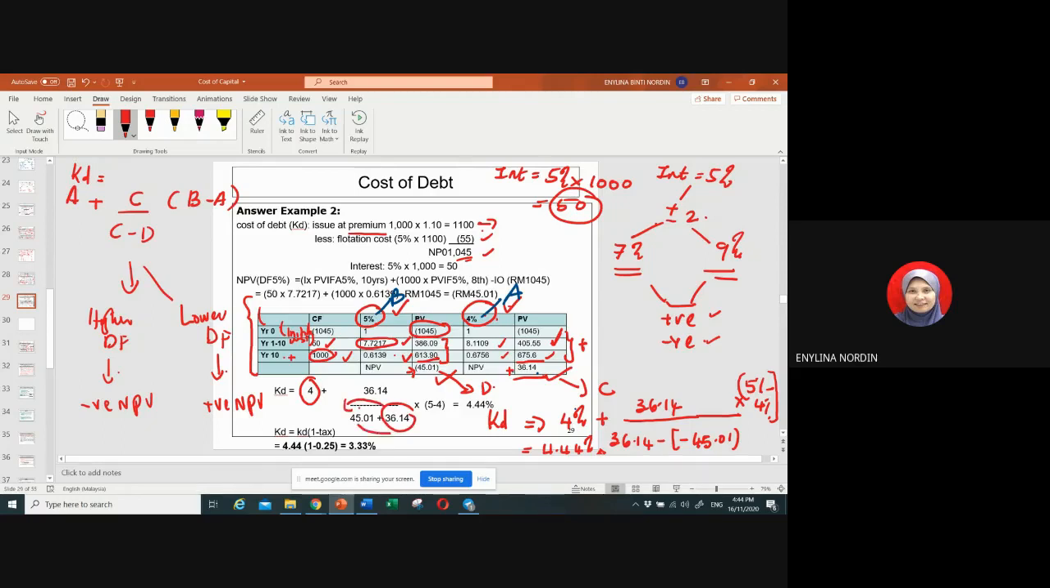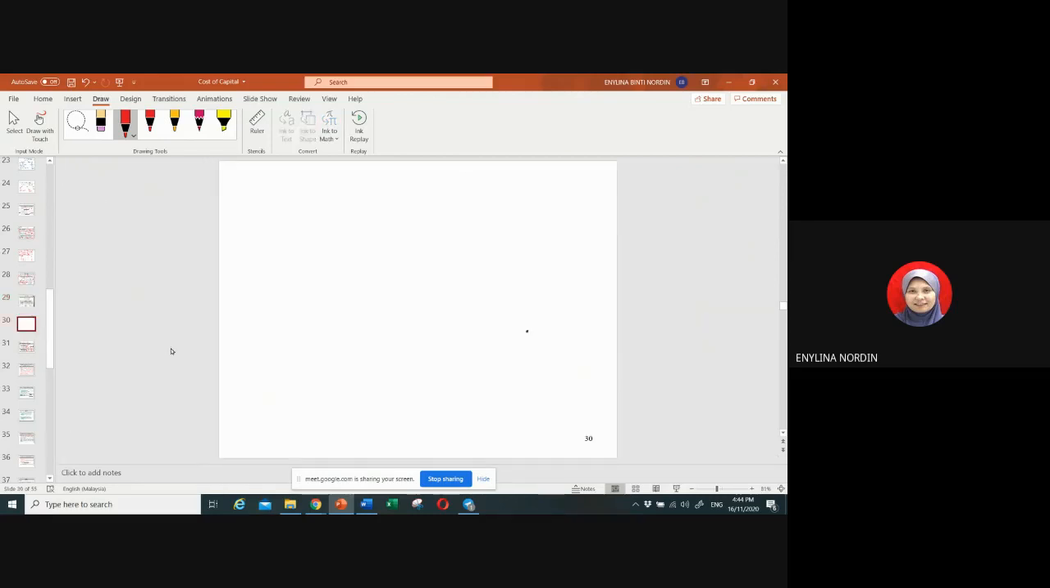If you notice here in this answer, this one should be on this side, and the other one should be on this side. But it's just the same, as this figure will become a positive value. Negative, negative, then it will be positive. So it's just a small matter here. Then this is the KD before tax, so KD before tax equals 4.44. So the cost of debt before tax as calculated equals